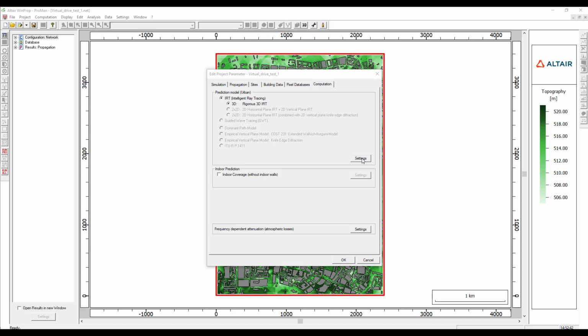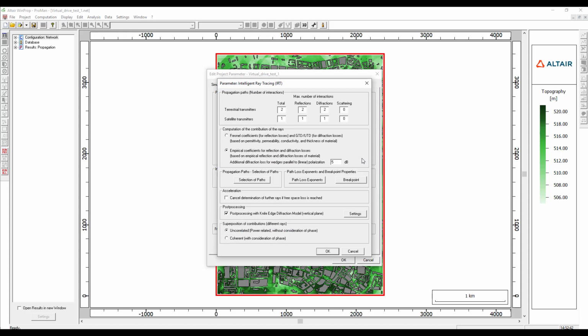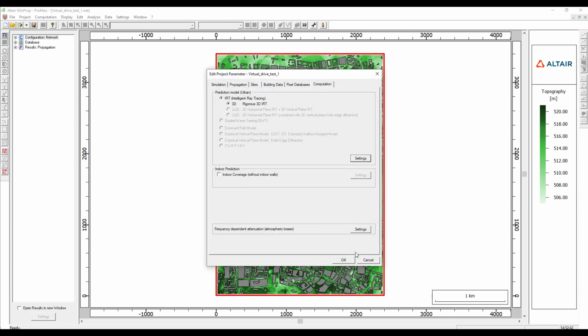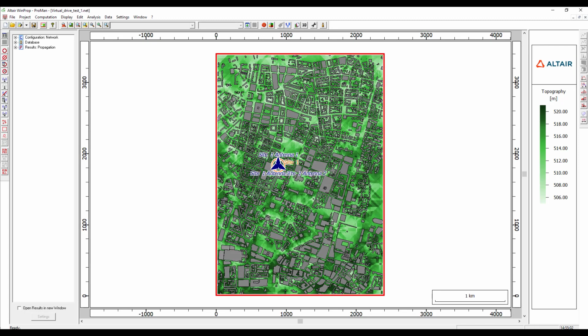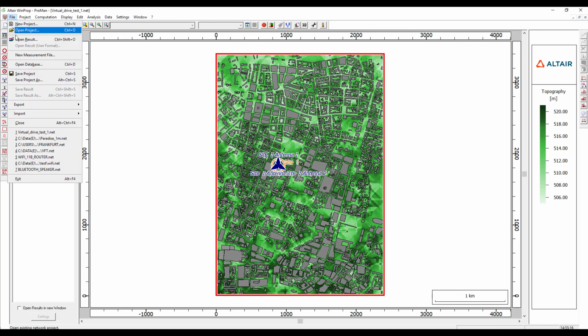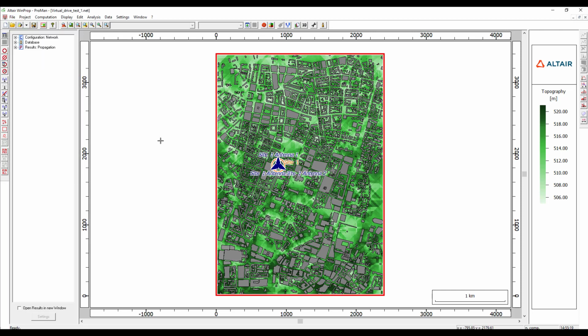Optionally, the user can click on settings and access settings that include extra reflections. For now, we will stick with the default setting and click on OK. We shall now save this project